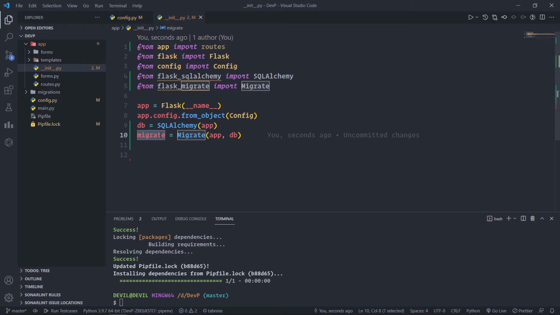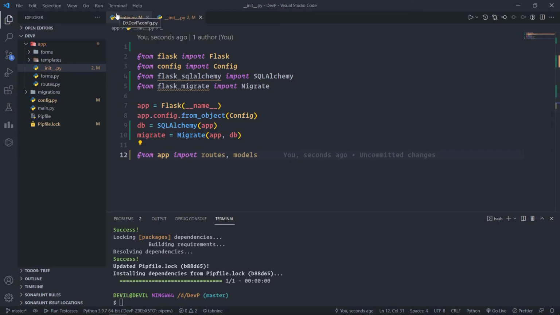Finally, we are importing a new module called models at the bottom. So here, instead of this line, we have to write from app import routes, models. This module will define the structure of the database. We have not yet created it, but we are going to create it now. The data that will be stored in the database will be represented by a collection of classes usually called database models. The ORM layer within SQLAlchemy will do the translations required to map objects created from these classes into rows in the proper database tables.